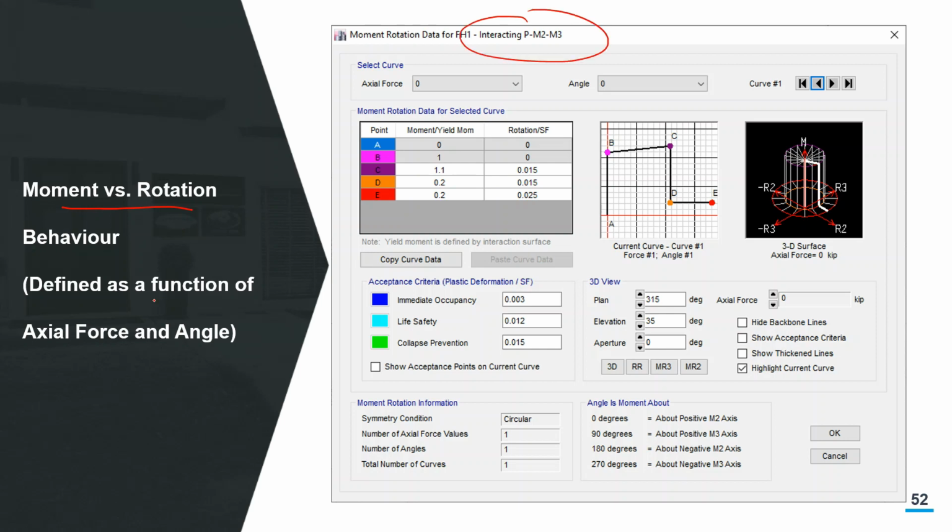And that behavior is a function of two things, as I have said. One is the level of axial force and the other is the angle. So now see, this graphic shows you the effect of that angle. R2 or R is for rotation, so this is theta, and M is the moment. Now moment and rotation can be in any direction. It can be M3, R3.